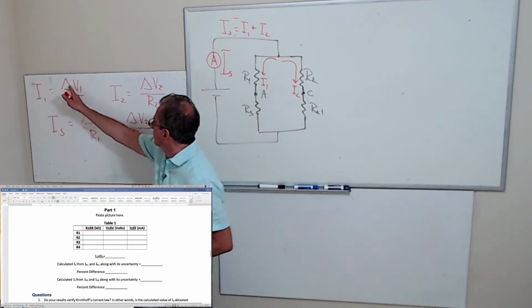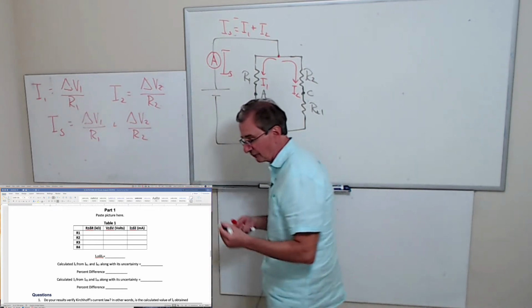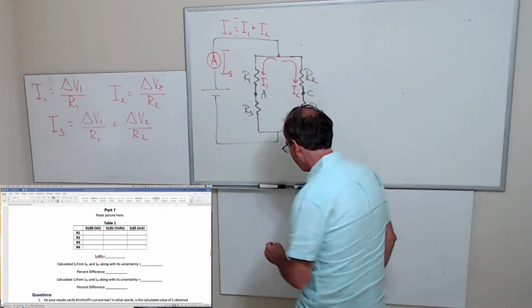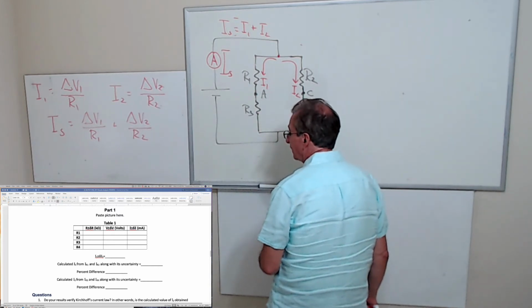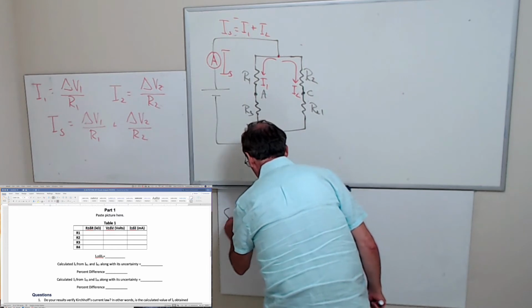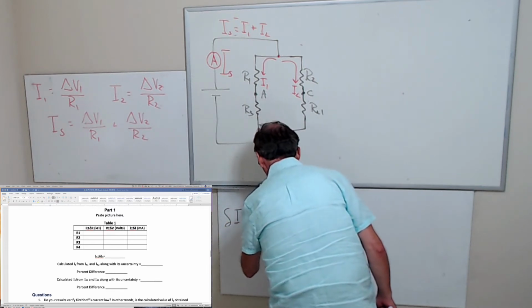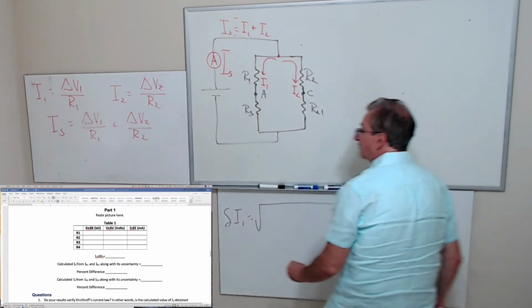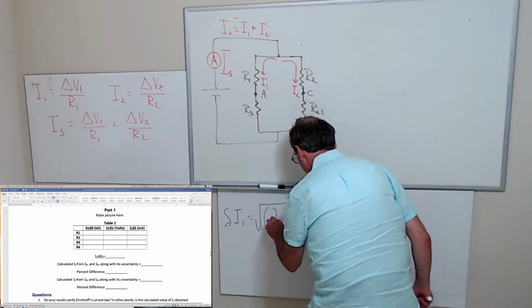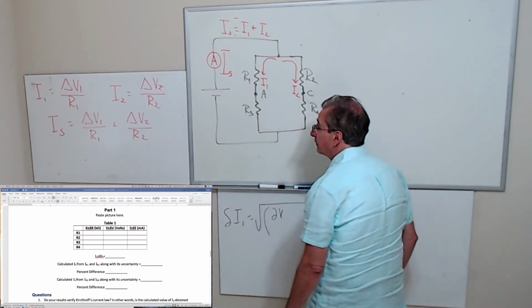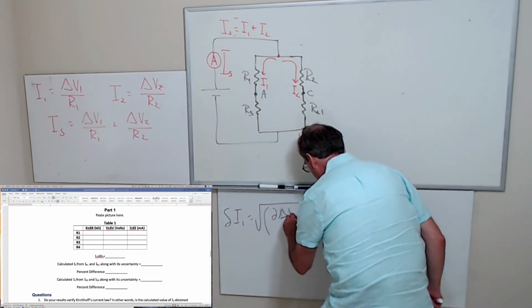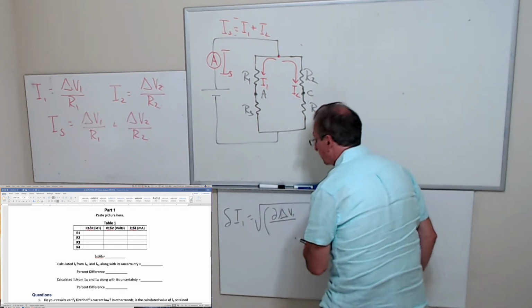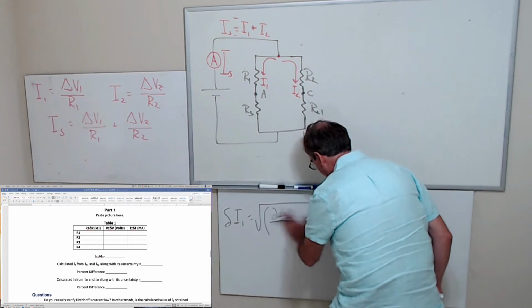Well, if I know the uncertainty in this and I know the uncertainty in this, going back to Physics 205, or your previous course if you didn't take it at Sierra College, then delta I based on error propagation is given by, and this is where the notation becomes a problem, the delta I1, the uncertainty in I1,